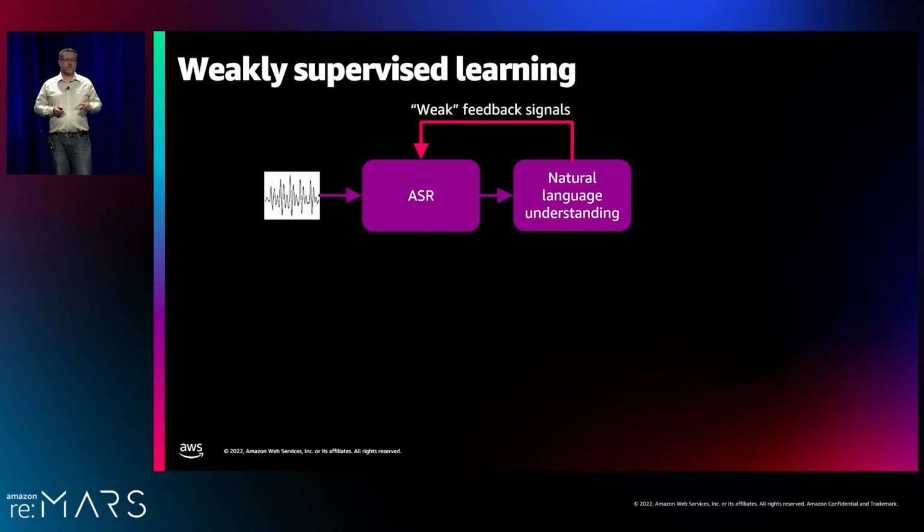And that already provides some useful feedback. So if NLU couldn't find a useful action to take, that might mean that ASR got it wrong. It also might mean that the customer asked for something that we just don't support. And so that's why it's a bit noisy. We don't know exactly what was the case. So you have to sometimes add on additional signals to help make sure that we're understanding that feedback signal correctly.